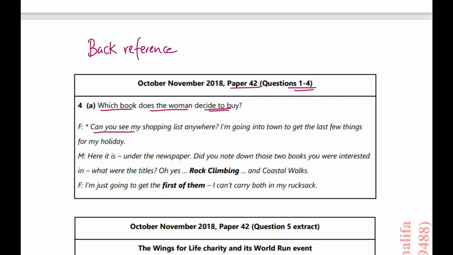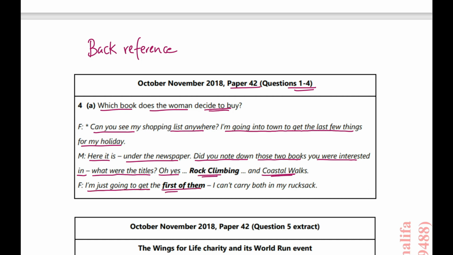Can you see my shopping list anywhere? I'm going into town to get the last few things for my holiday. Male: Here it is, under the newspaper. Did you note down those two books you were interested in? What were the titles? Oh yes, Rock Climbing and Coastal Walks. Female: I'm just going to get the first of them. The first of them, I can't carry both in my